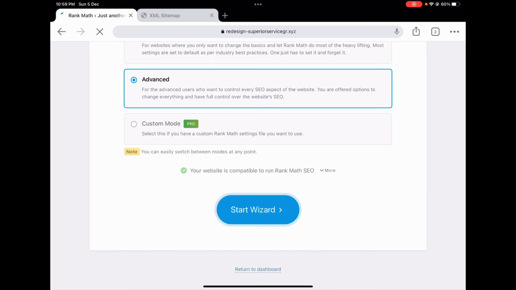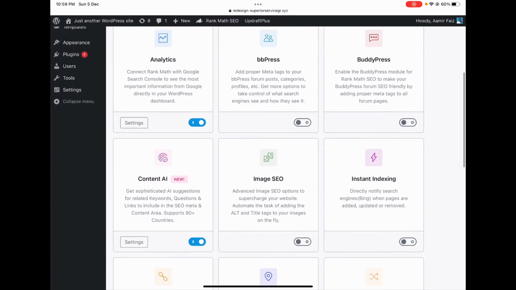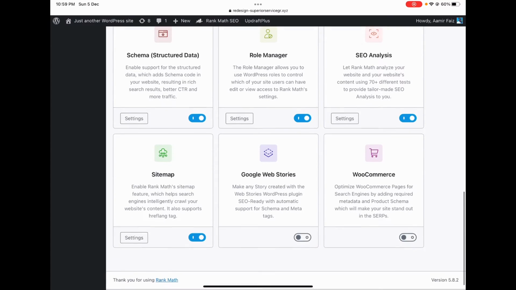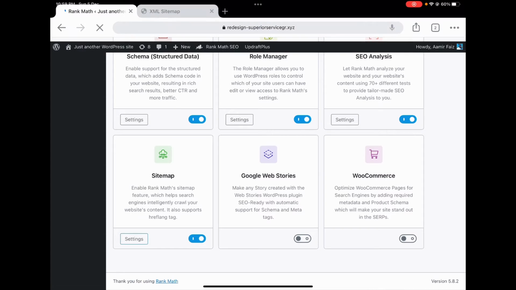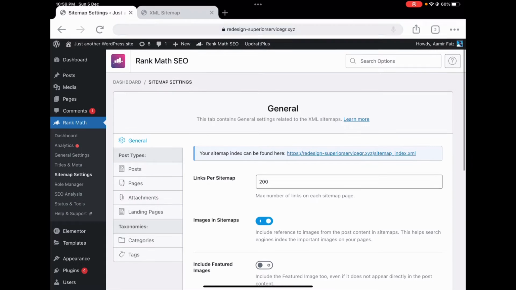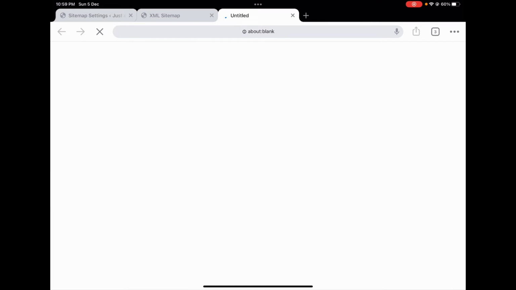So I'm just skipping all this. Go to return to dashboard. You can set it up as per your requirements, and if you go down, you will see there is the sitemap. It is enabled by default. I will click on settings, and as you can see, these are the sitemap settings, and the URL for the sitemap is at the top. I just click on it,